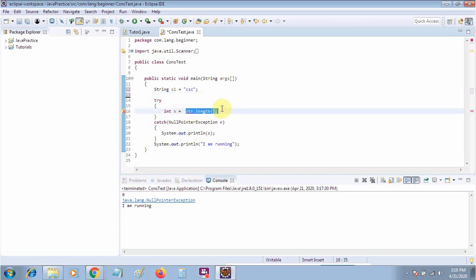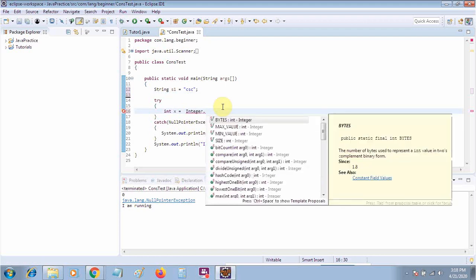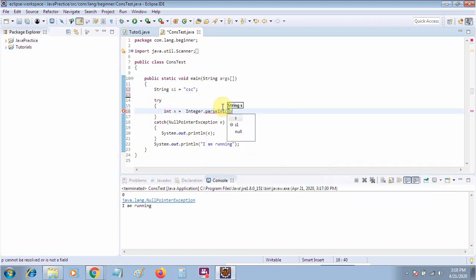How can we convert? Use Integer.parseInt, and here I pass my s1 string. Here it is a string, and I am trying to convert it to a number, so I will get an exception. And the exception will be the NumberFormatException.